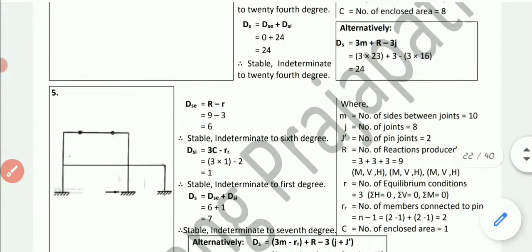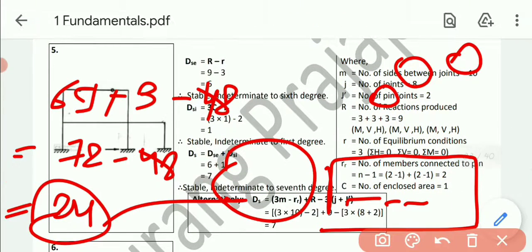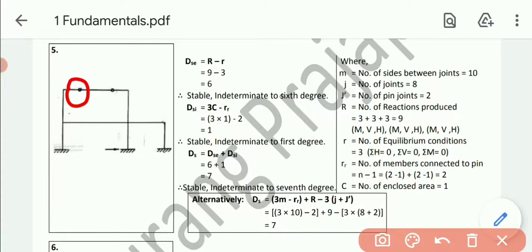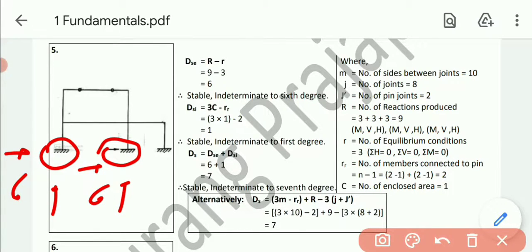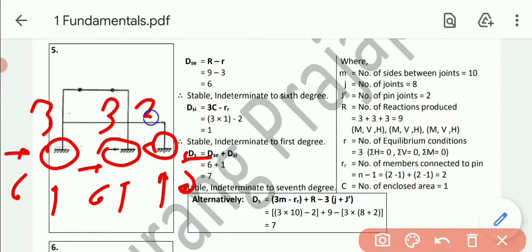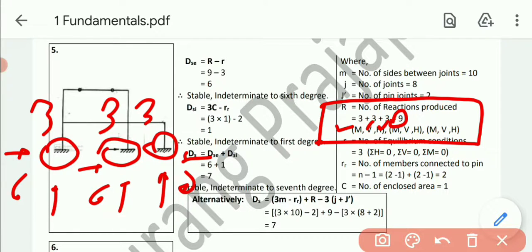Okay, now moving forward, next, now in this one there is a variation. Over here a pin is given to us. So we have seen that for the pin joint, we need to change the formula. Instead of 3c, this time 3c minus r. So first of all, talking about unknowns, fixed: vertical, horizontal, moment; same here, fixed: vertical, horizontal, moment; again fixed: vertical, horizontal, moment. So 3 plus 3 plus 3, the total will be 9, capital R. The number of reactions produced is 3 plus 3 plus 3, so total is 9.